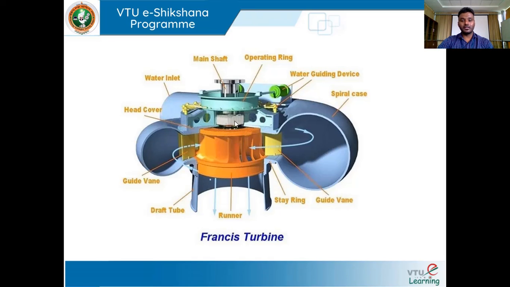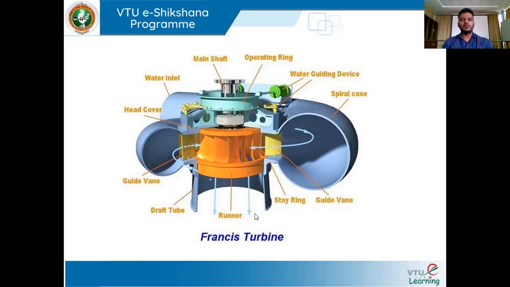So this is just another visualization of a Francis turbine. As you can see, there is a spiral casing. The cross section of the spiral casing decreases towards the end, and then there is a turbine wheel housing a runner blade, and then the draft tube, which has an increase in its area. Here water entering radially into the runner loses its kinetic energy as well as pressure energy, and then comes out of the runner in an axial direction.